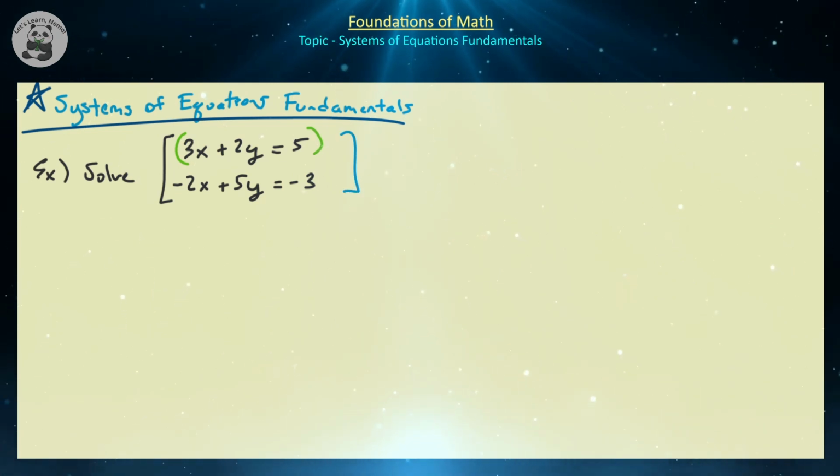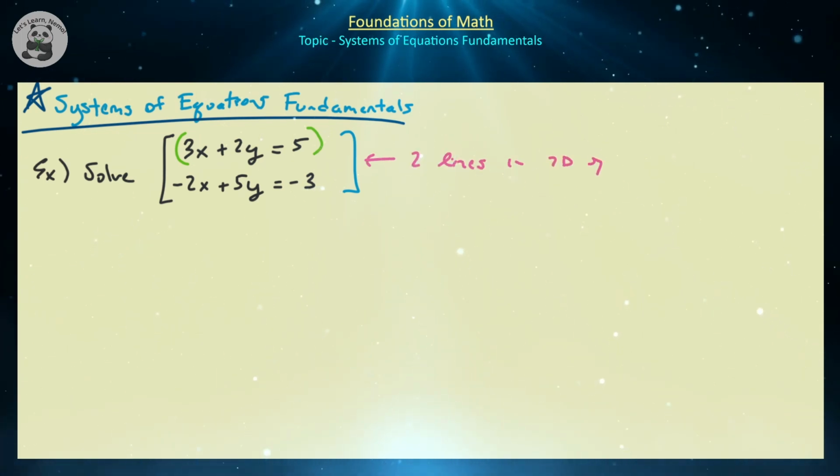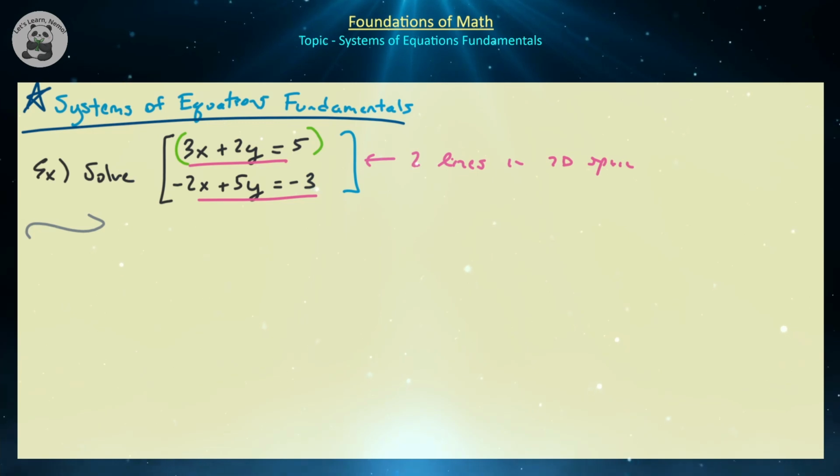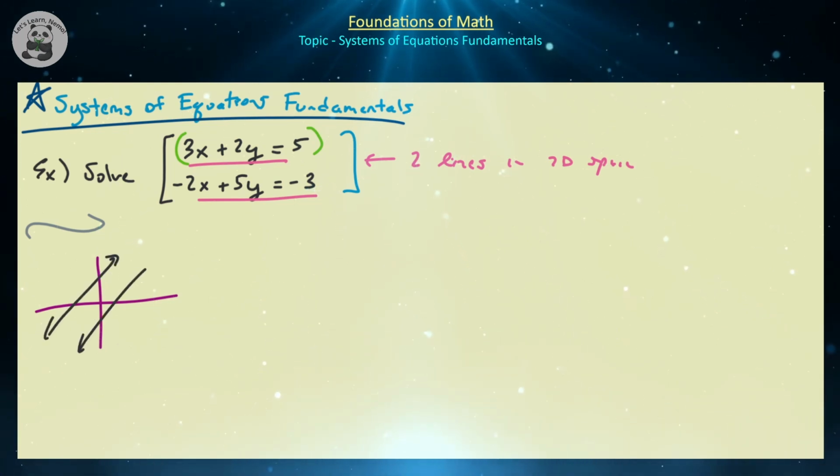If you think about what's going on here in terms of the geometric nature of this systems of equations, what we have here is two lines in 2D space. So if you have two linear equations in 2D space, in particular x and y, no z, no w, no t, no anything like that, then you have a couple cases that might arise in the solutions of this type of system. One case that you could encounter is where you have one line here and one line here. Is there any point x comma y for which these two lines intersect? Obviously no. So in this particular case where you would have two parallel linear relations, there would be no solution